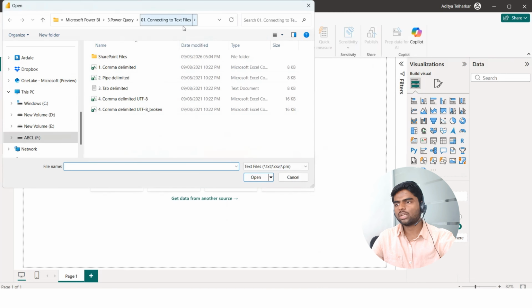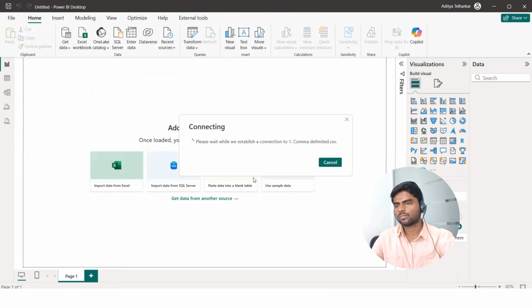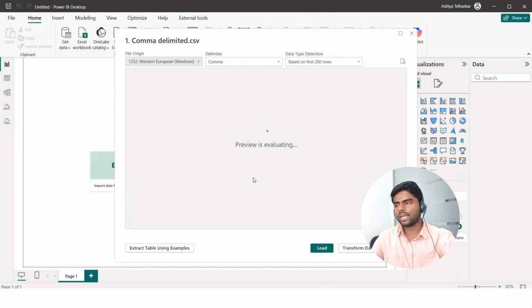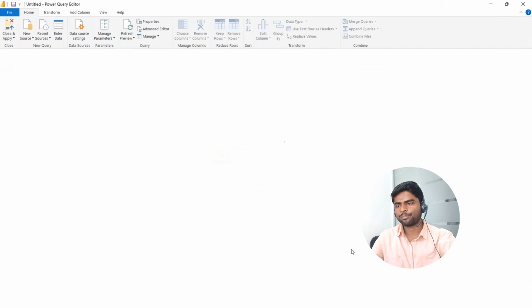Choose your directory wherever you have that CSV file. As I have this comma delimited file, that is the CSV file, here, just select that particular file and click on Open. It is connecting. See, it has selected that particular file and it has by default identified the delimiter. If in your case it does not identify that particular delimiter, just expand this and select your delimiter from here. As in our case, it has identified the delimiter, that is comma, by default. Then click on Transform data.